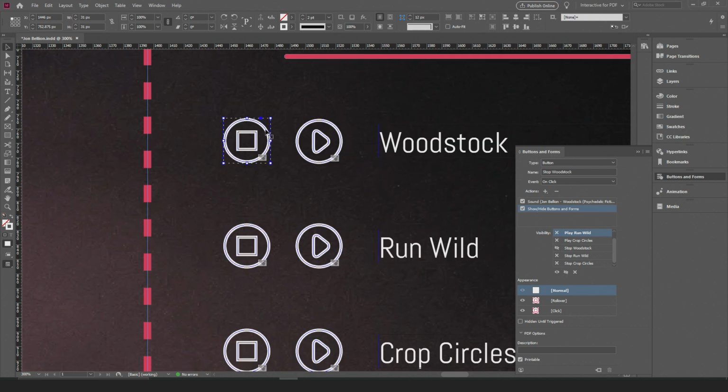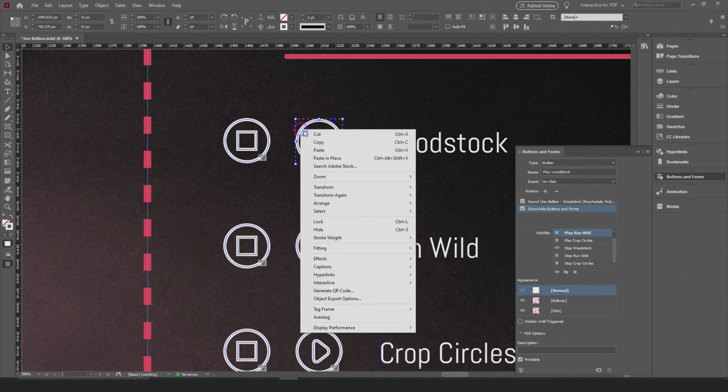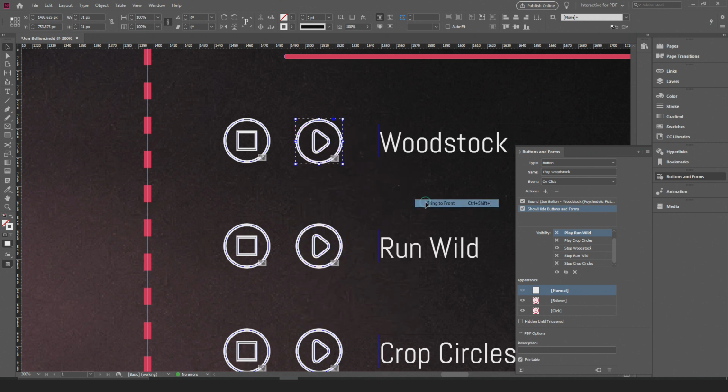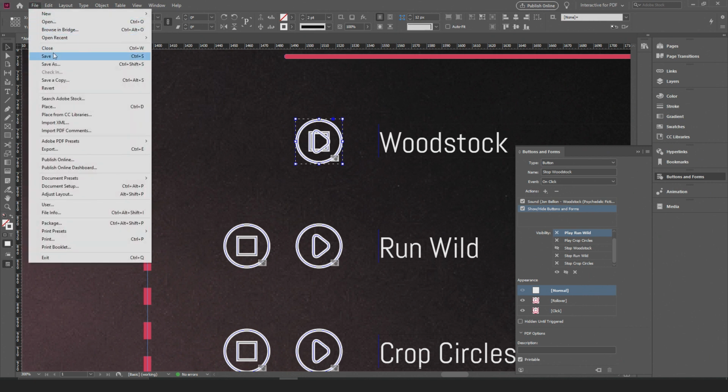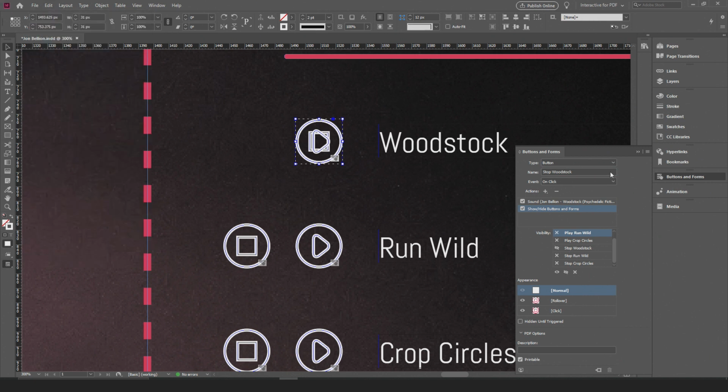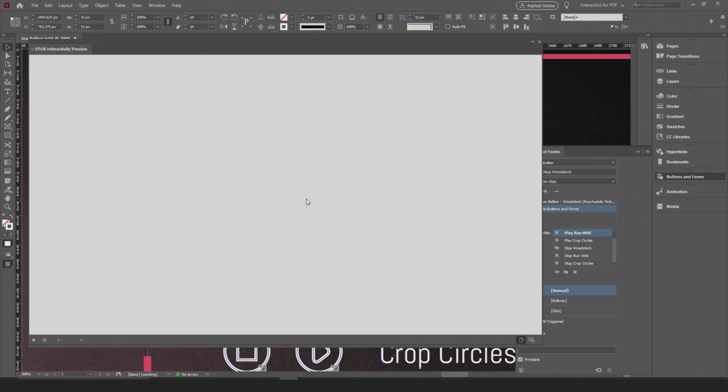So now that we have that set up, what I'm going to do is I want to click the play button over here, arrange it and bring it to the front, and then move the stop Woodstock button directly behind it. And I just want to save, and then I want to test out and see if this works or not. Let everything save. So to test it out again, we're going to just go to our preview over here in the EPUB,